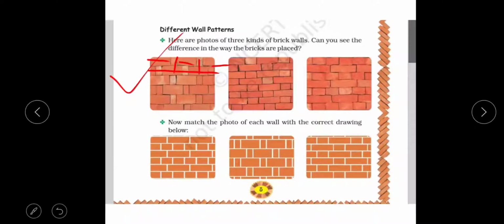That a smaller one is placed on the larger face, right? And in this, first a line of all the smaller faces is made, then a line of all the larger faces, right? So there is a difference. Now these are the photos of this wall. Can you match them? Try to match them.